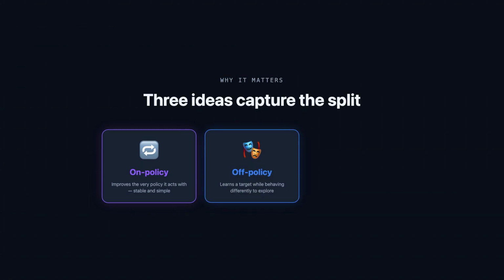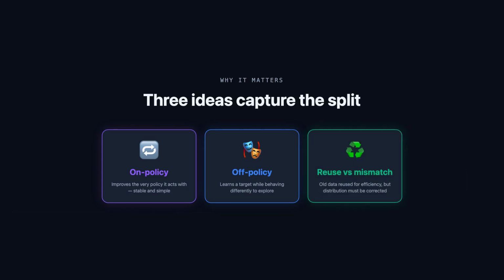They can also come apart entirely. That's off-policy learning, where the agent behaves with one policy but learns the value of another, letting it pursue the optimal strategy while it safely explores something more adventurous. The payoff is reuse, and the price is mismatch. Off-policy methods can recycle old experience, learn from demonstrations, and even learn from logged human data for huge sample efficiency. But learning about one policy from another's data invites instability, corrected with tricks like importance sampling.